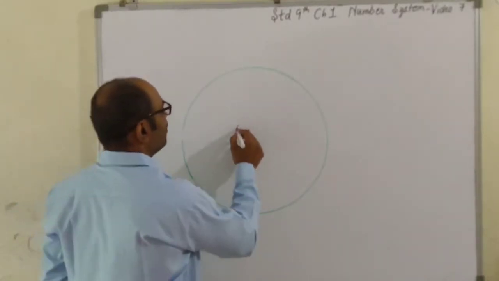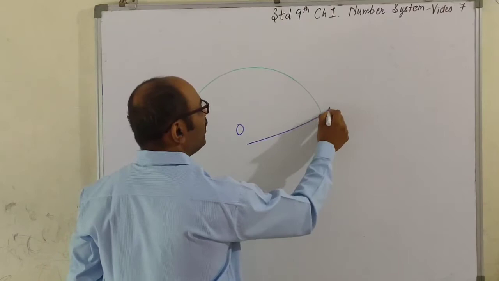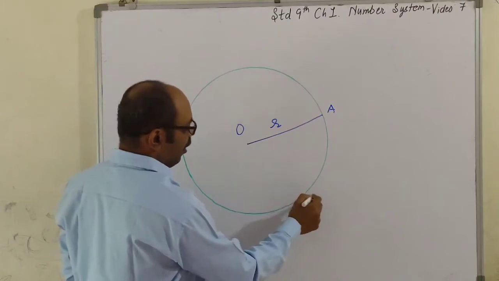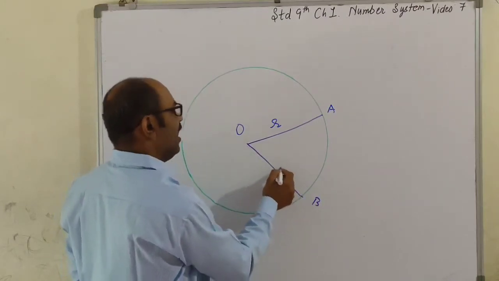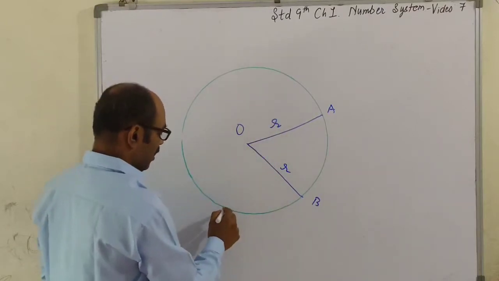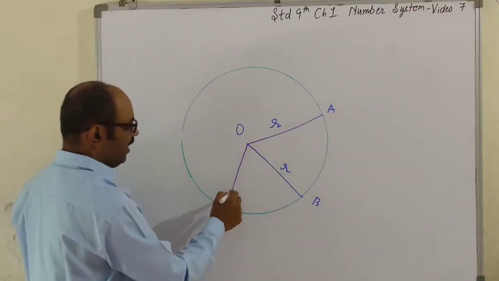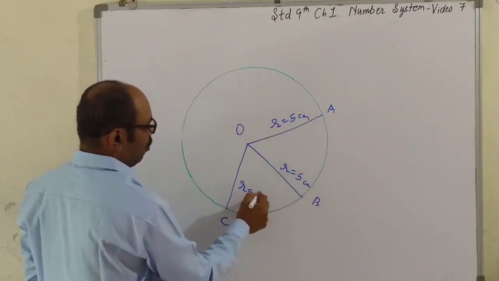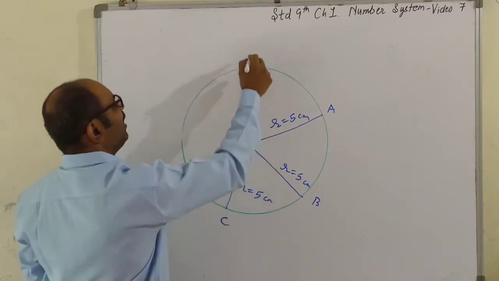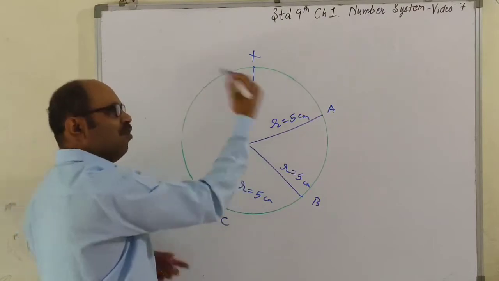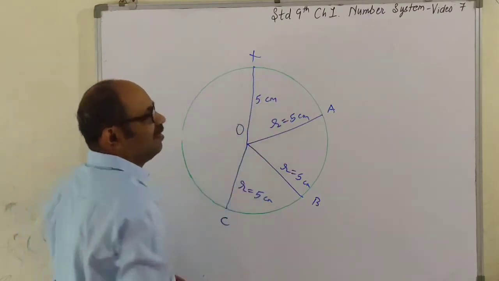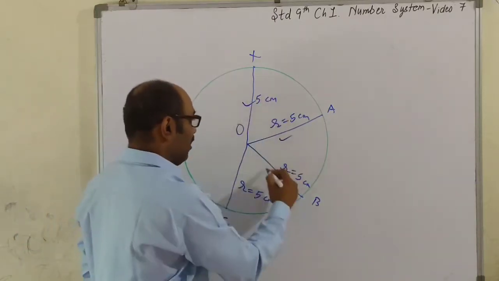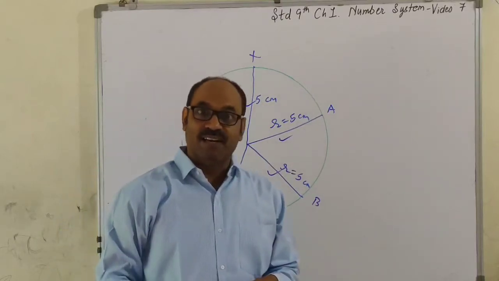Actually, tell me, this is center O and suppose this point is A. Joining it, what is this? Radius R. Another point I take, B. What is OB? Radius. How much is the length OB? Same. Here I took point C. What is OC? Radius. If this is 5 centimeters, OB would also be 5 centimeters, OC also 5 centimeters. Here I take point X. So what is OX? Same radius, also 5 centimeters. So basically we construct a circle to get this equal distance, to make use of radii.